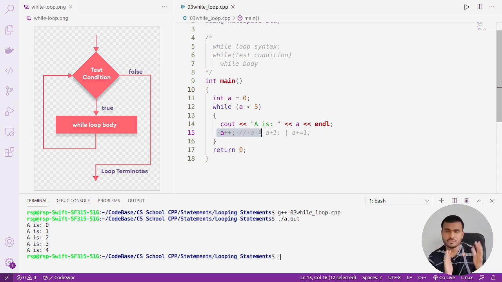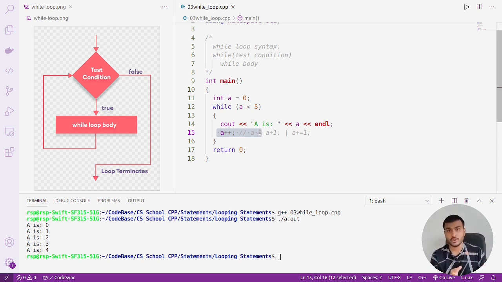But you can see for loop and while loop are very similar, okay? The only difference that they have is the syntax. In case of for loop, you write initialization, condition and updation in the header of the for loop. In case of while loop, you write initialization separately, then you write the test condition in the while loop header, and then you write updation usually at the end of the while loop body. So in this way you structure your